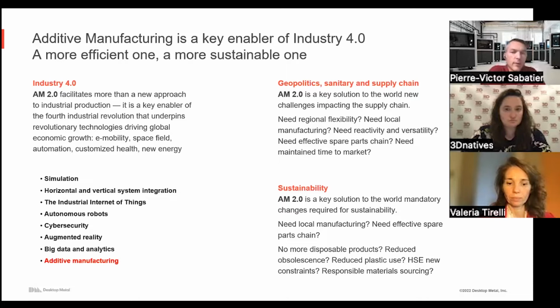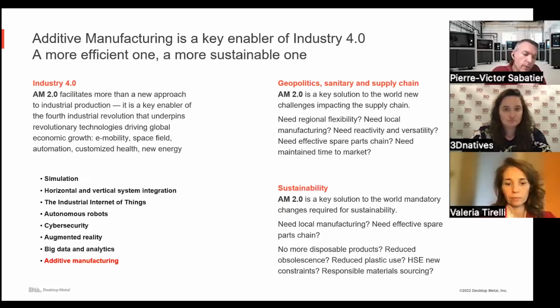We will have other pandemics maybe, but we could also have other boats stuck somewhere in Panama or Suez. We could have other wars and conflicts in the world. And we have something else coming and starting to impact us, which is global warming. And of course, no one can escape this topic, and no one can avoid this topic in business.